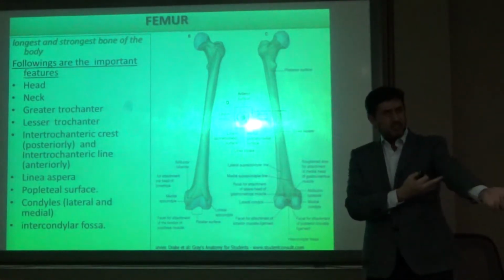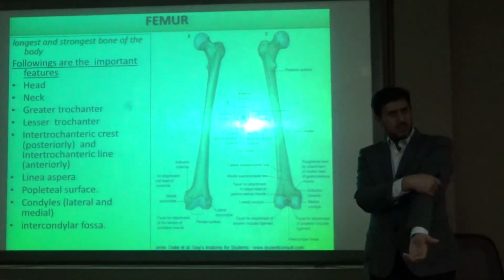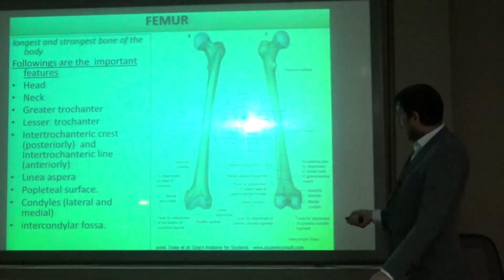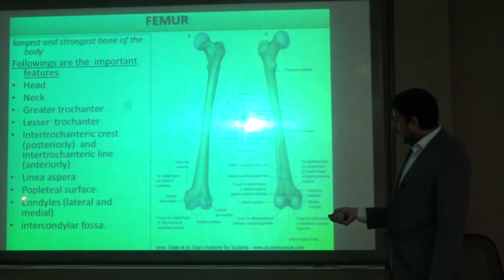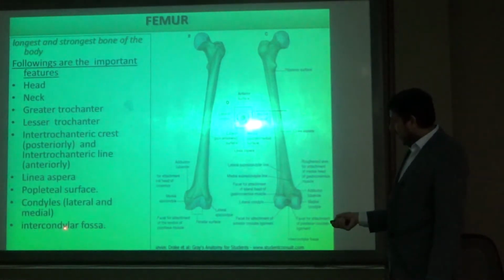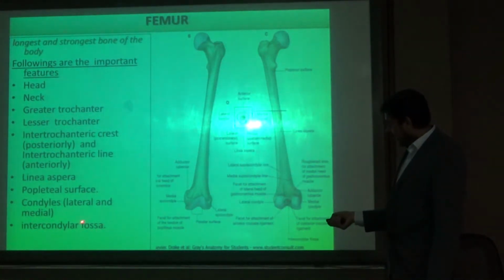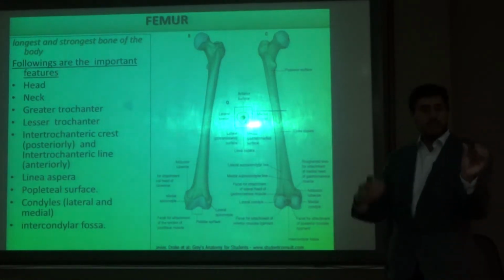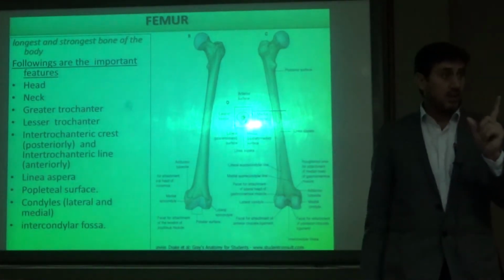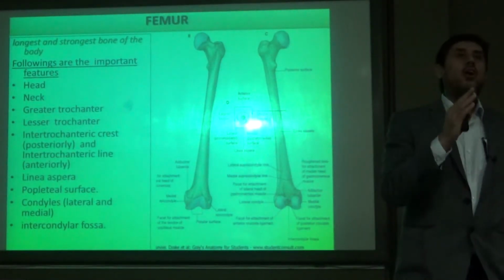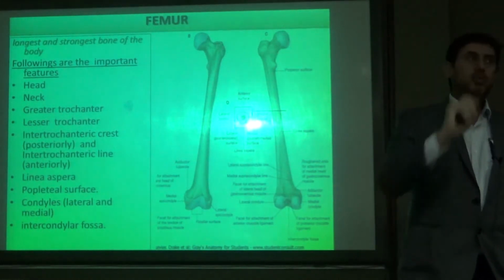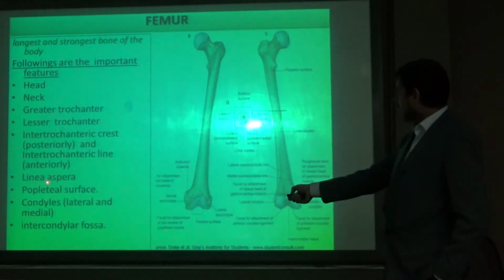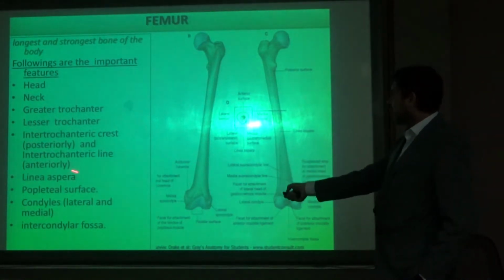You know what is this one? Condyle. What is this? Lateral epicondyle. What is this? Medial epicondyle. Here we also have condyles. What is in between the condyles? Intercondylar. Where is that? This one or this one? Fossa means depression. It's very important. Intercondylar fossa. You know all the things. Only two things are difficult for you. What are the two things? Please. What is this one? Linea aspera. Other things you know well.